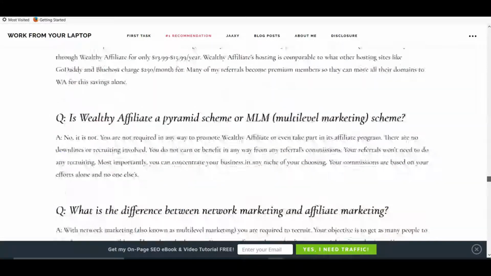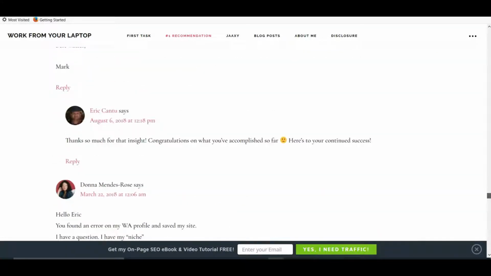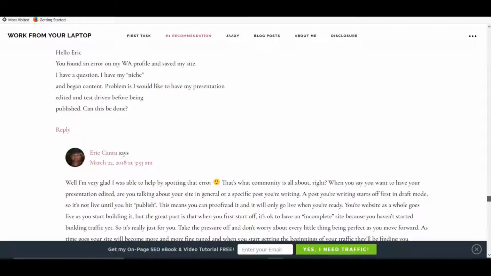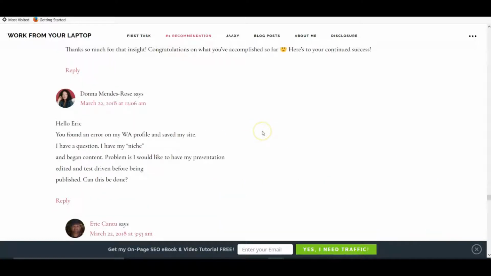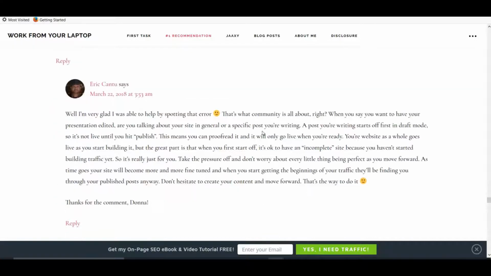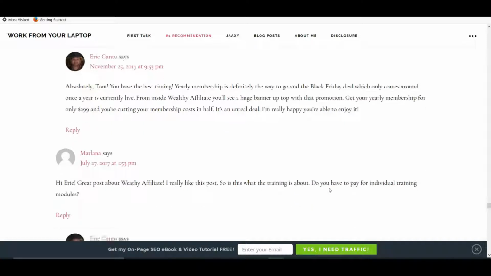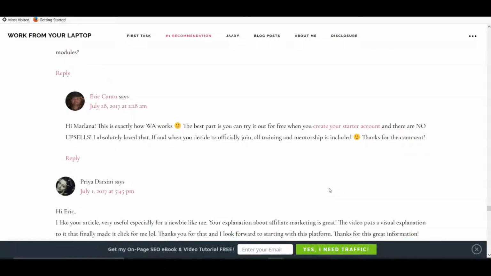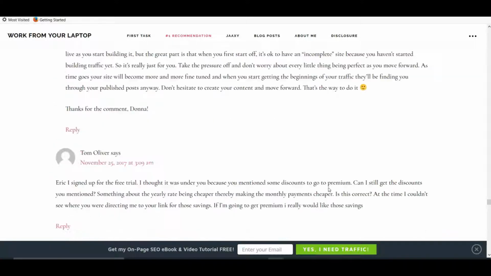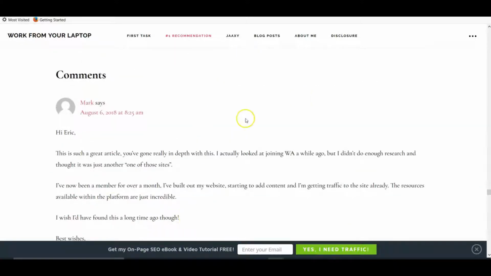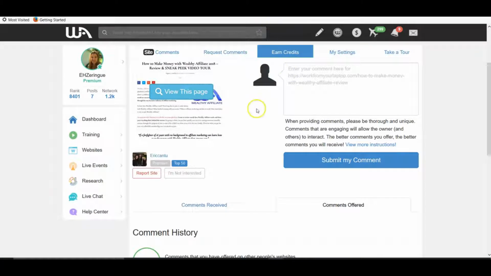That's okay though. So as you can see down here at the bottom, he already has a lot of comments. So this is probably where he's getting most of them, is from the WA, the Wealthy Affiliate SiteComment platform. And as you can see, there's the comments, and this is the author here, and he is replying right back. It's perfect engagement, okay? So what I would do, now that I've read through the entire post, is I'd come back here,